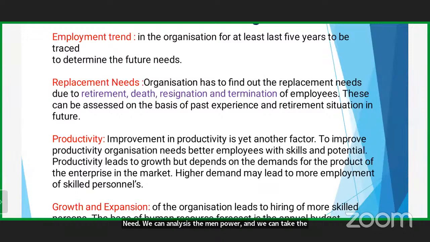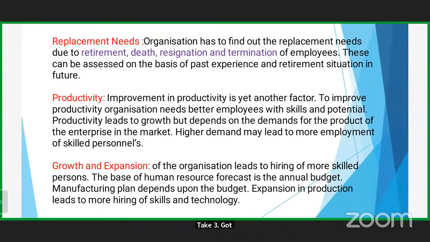Got it? Now productivity, growth and expansion. So it is a simple ratio. It is a ratio technique. Productivity, the simple ratio, right? If the productivity is maximizing, then